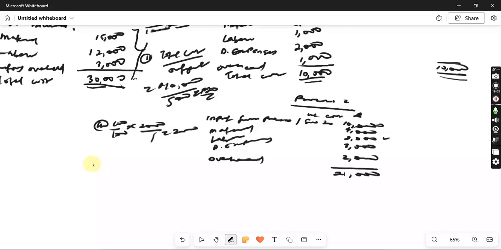Let us now solve to know the cost per unit. Number 4: the cost per unit for process B to be transferred equals 21,000 divided by 700 units. So we have 3,000